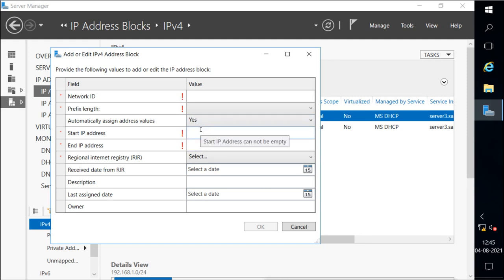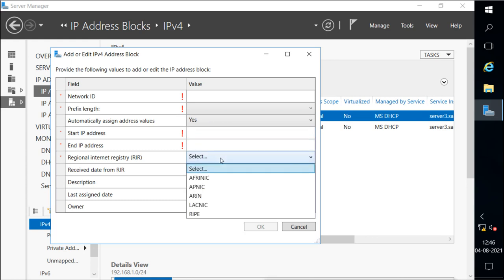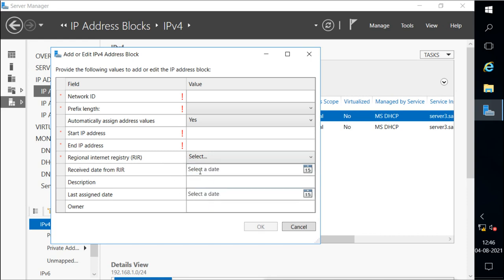Then you have to mention the start IP address, end IP address. Then you have to mention the RIR, that is the regional internet registry for the public IP addresses, receive date, description and last assignment date, and who is the owner. So you will know who did what, what we have created here.